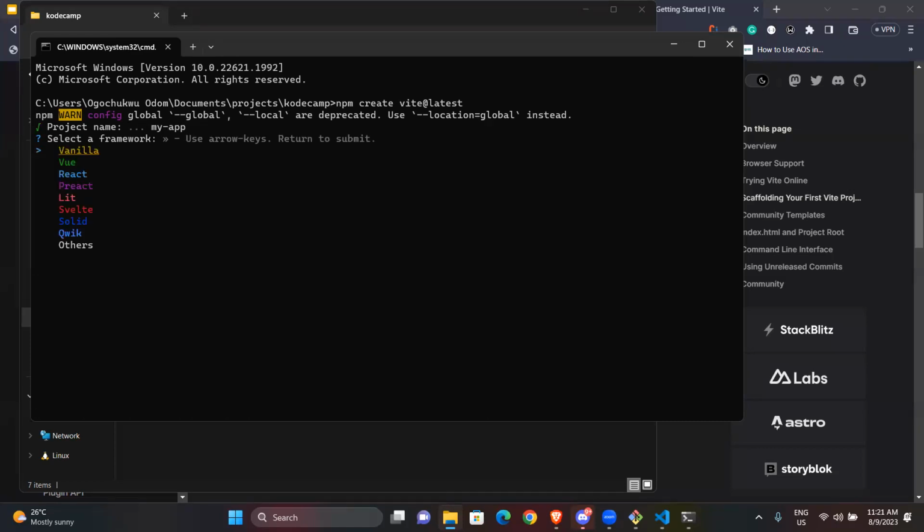When you specify the name of the app, it gives you another prompt: select a framework. You can use your arrow keys to toggle up or down. For now we need React that we are creating. So we press enter. Then it asks if you need TypeScript enabled or TypeScript plus SWC.